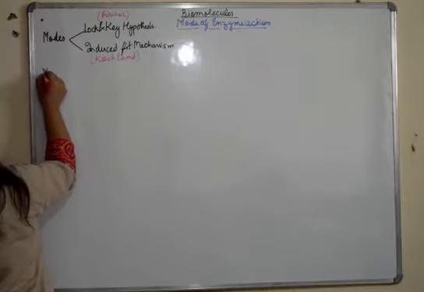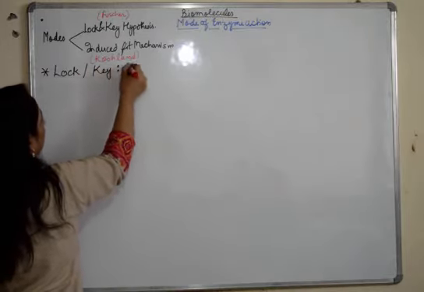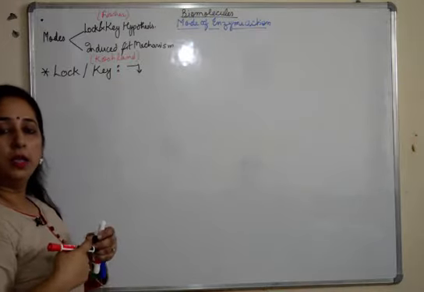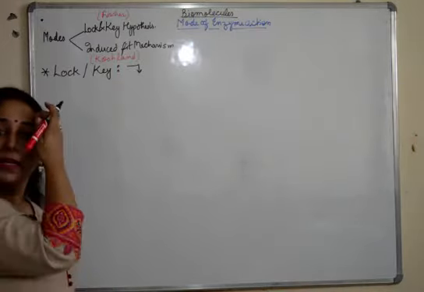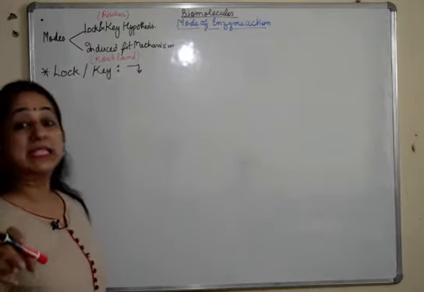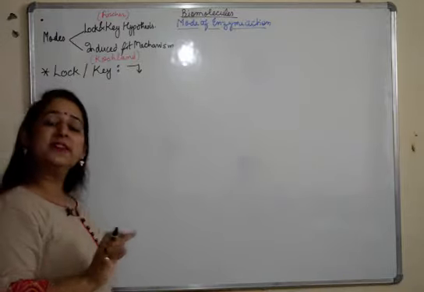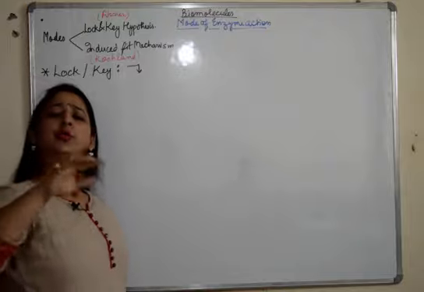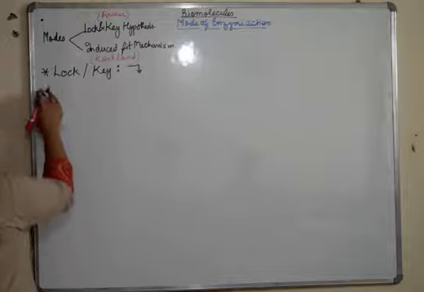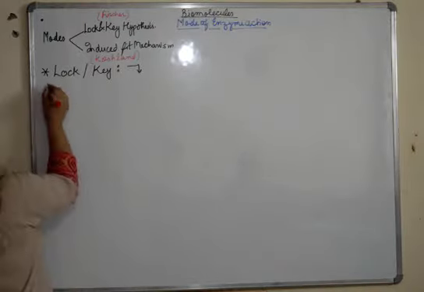First of all, lock and key. The name suggests there is only one key for one lock. So the mechanism is such that there are specific enzymes for specific substrates. Enzymes are very specific. There will be specific enzymes for a specific reaction. You cannot use any enzyme for any reaction. So enzymes are very specific. So I'll write a few important pointers related to this mechanism first.